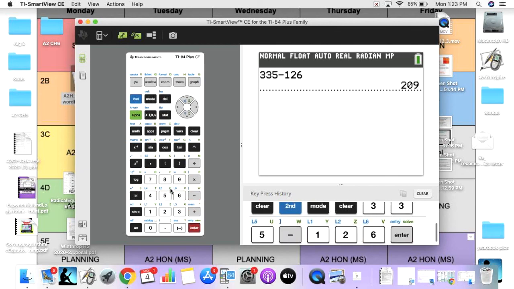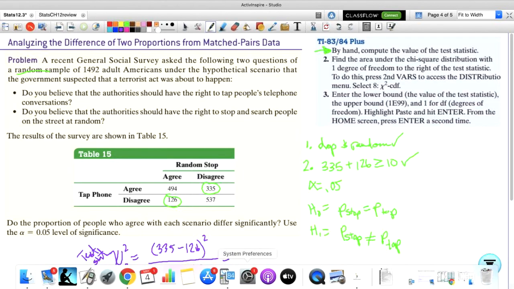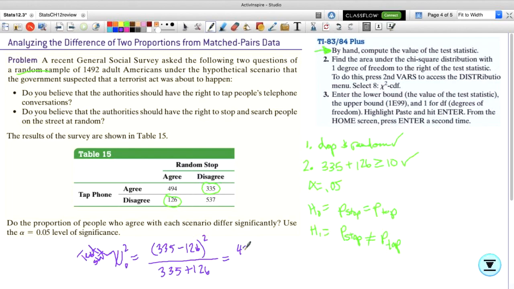So that's our difference, our numerator. We have 209, and then we're going to square that 209. We end up with 43,681. So let's just take a second and write that in. 43,681